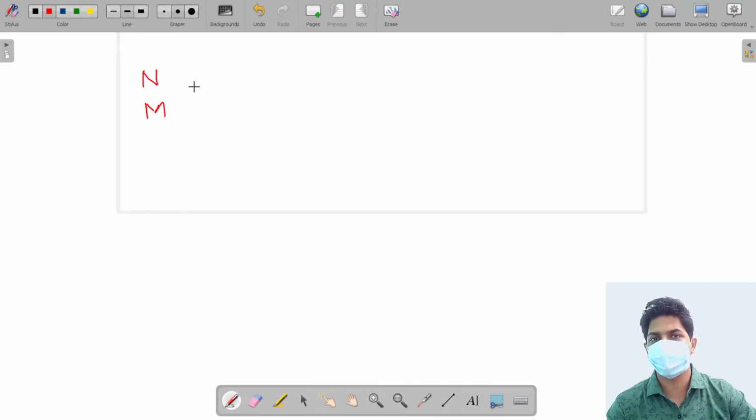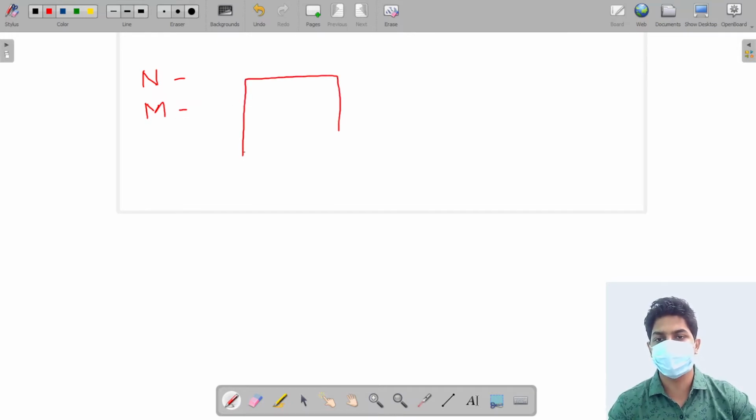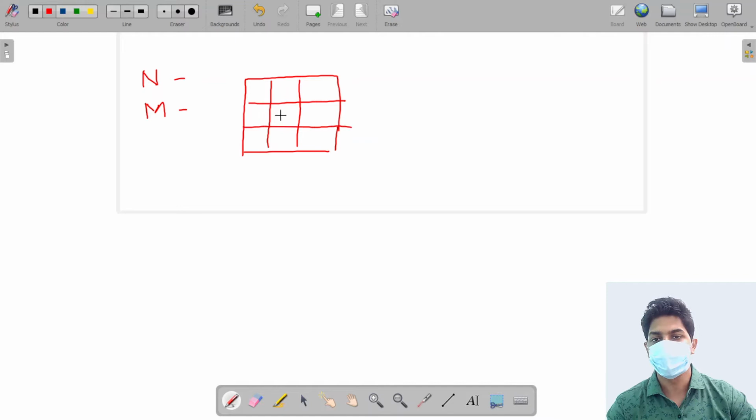That is the number of rows and number of columns in the matrix. And then we will be given a matrix of integers where each cell represents the amount of gold in that particular cell. So if this cell has an integer value 5, it means that 5 units of gold are present in this particular cell. So our aim is that we can start from either this cell or this cell or this cell.